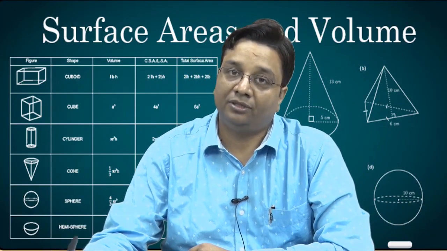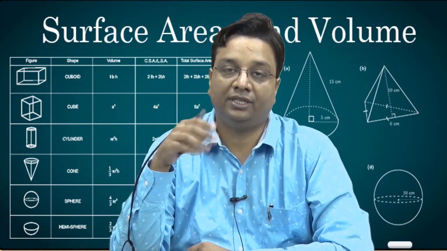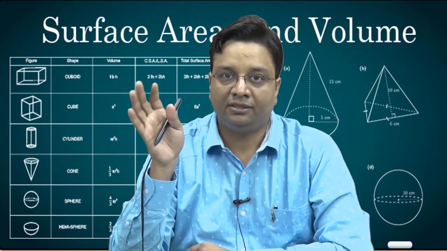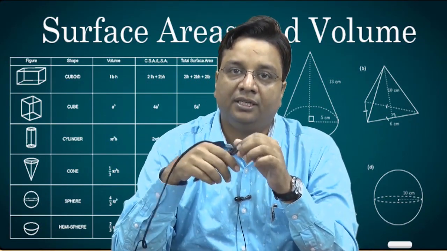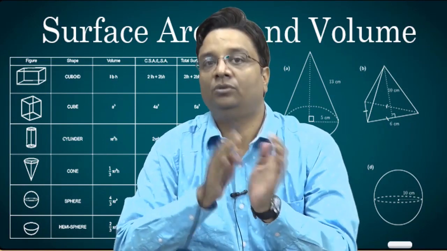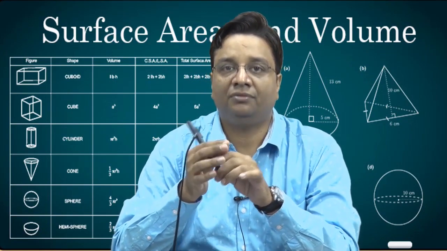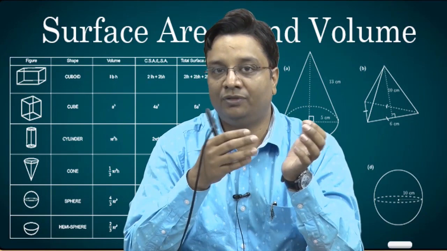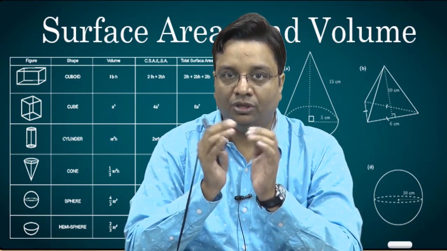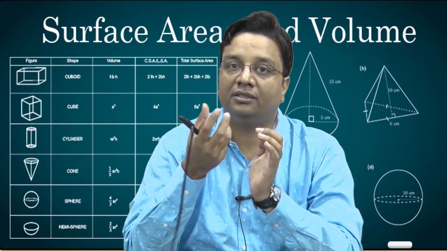We are discussing the chapter of surface areas and volumes. Till now, we have calculated surface areas of various combinations of solids as well as the volumes of various combinations of solids. Now, we will study the conversion of a solid of one shape into another. This we have also discussed briefly in our previous lectures: when we change the shape of a solid into another, the volume of the metal used or the substance used to form that solid